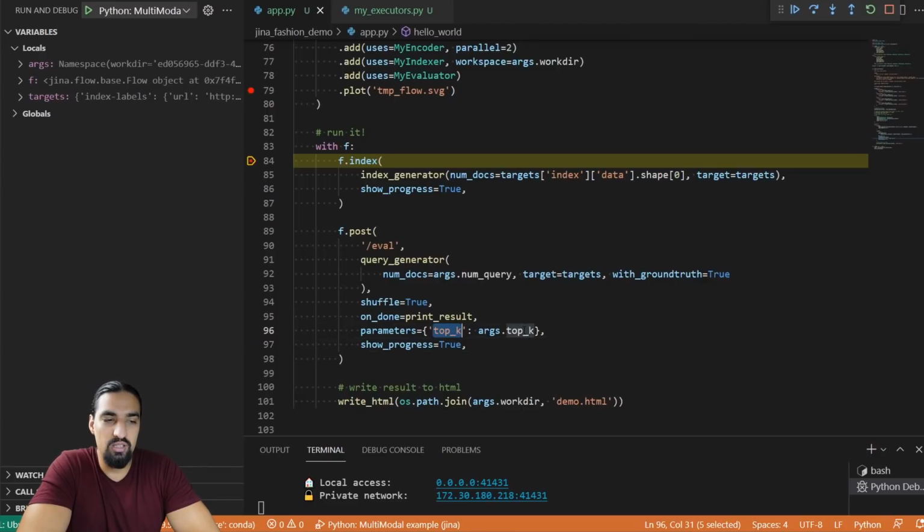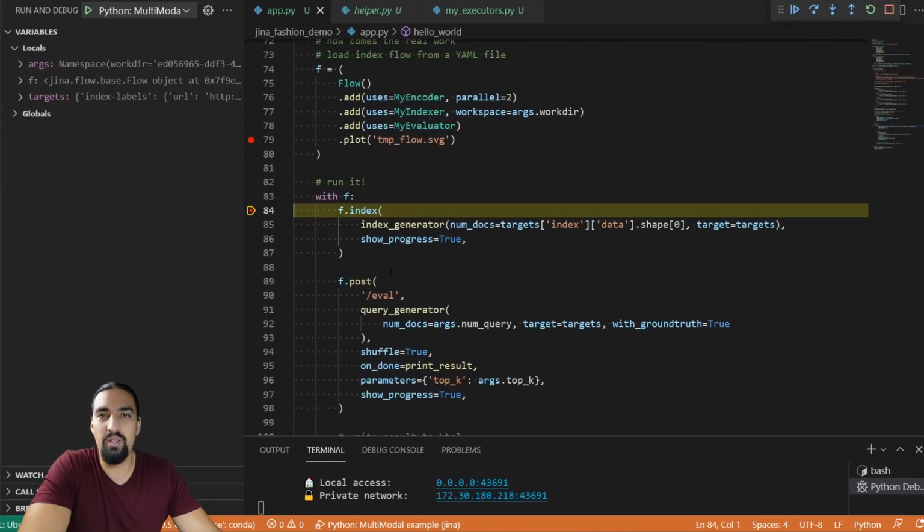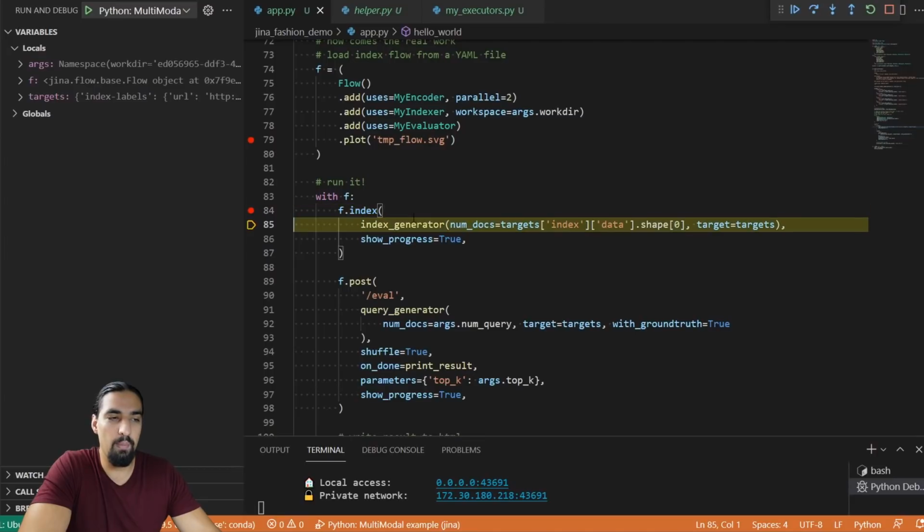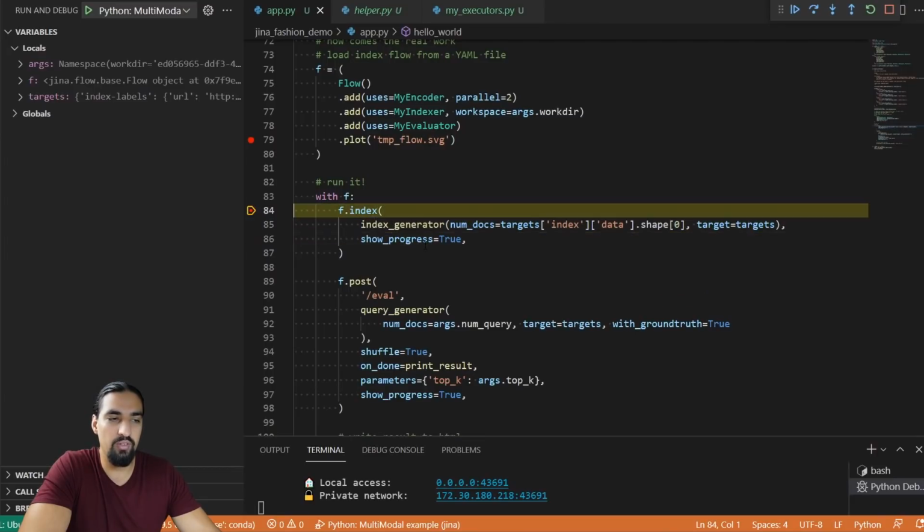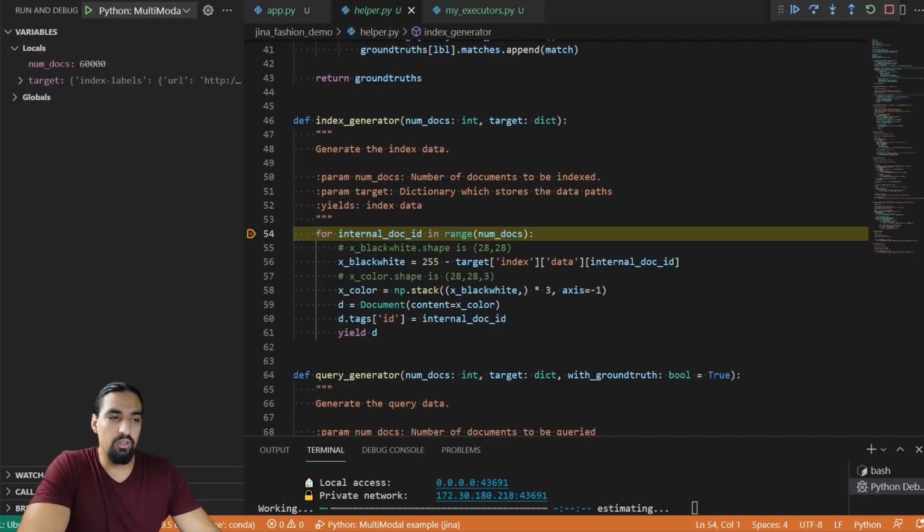Top K is just the argument, so it's currently 50, which means we're gonna search for the 50 closest matches inside of the index data set using the query vector. And that's pretty much it on a high level. Before I show you how these post functions work, let's step into the generator itself and see what's going on there. So the generator is gonna iterate over all of the 60K docs, as you can see here,